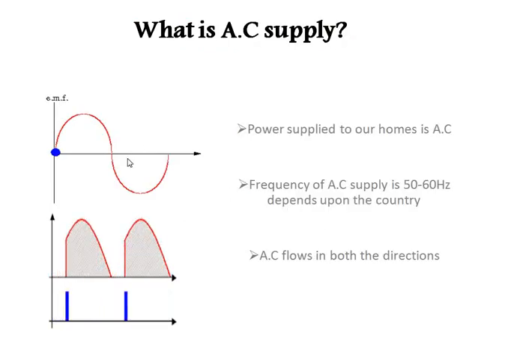As in the figure you can see, this is a sinusoidal wave of an AC supply. The first thing that comes to your mind when we talk about AC supply is a sine wave, right? The magnitude of AC supply is always changing. In this figure you can see the magnitude starts from 0, then goes to maximum magnitude or amplitude, then it again comes to 0, then it goes in the negative direction, and then again comes to 0. So we can see the magnitude of the AC supply is constantly changing, and it also reverses the polarity.